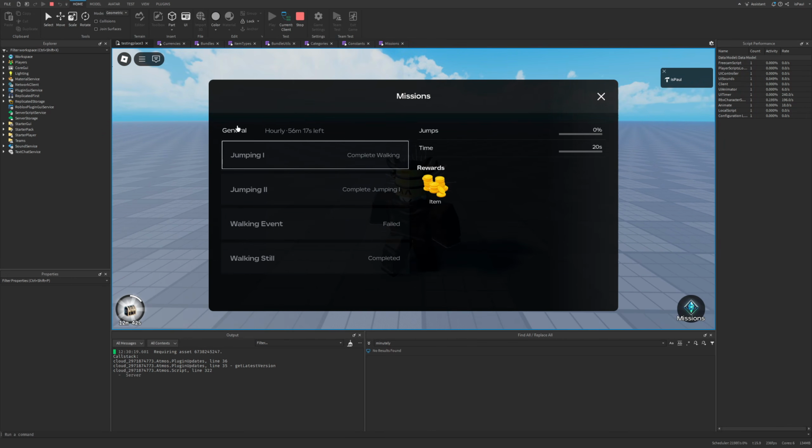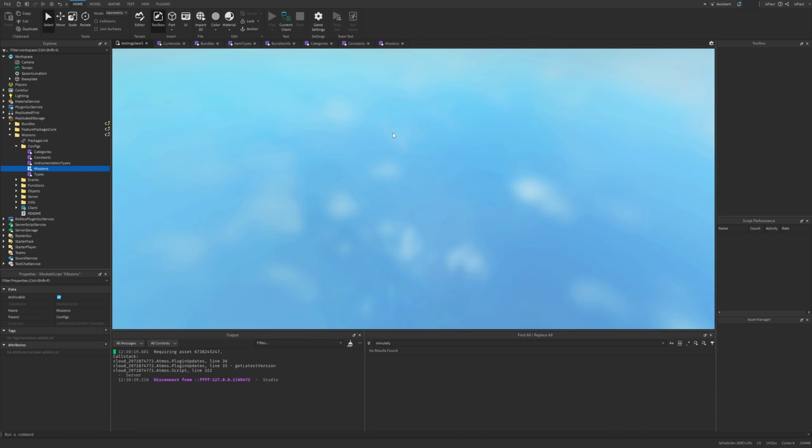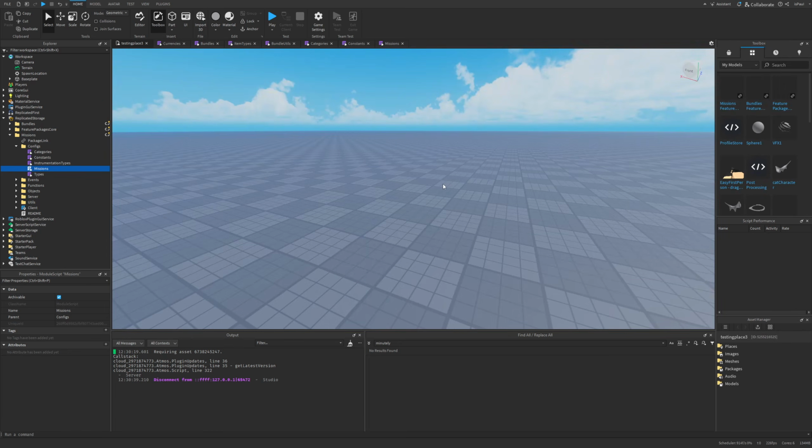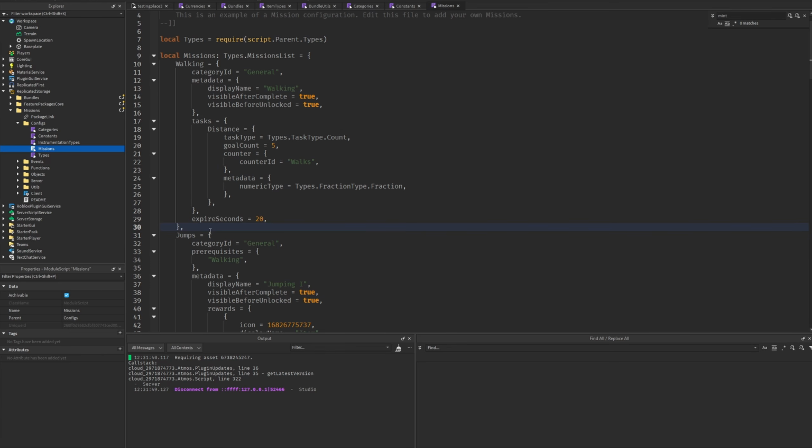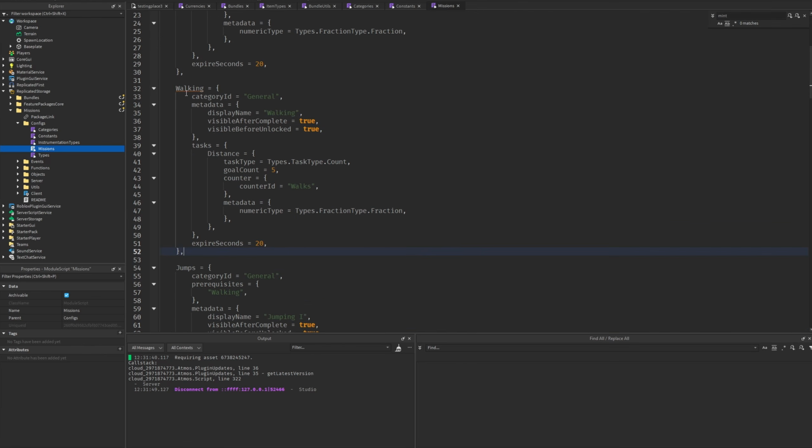But now what if I wanted to add a general or an hourly mission? Well, I would simply need to do a lot of changes to already existing scripts. And that would again be in the mission script under the missions config and the missions, where I could just copy this mission and instead of walking, I could change this to, for example, just punching. But this is going to be a general mission where the display name is going to be get 100 punches,